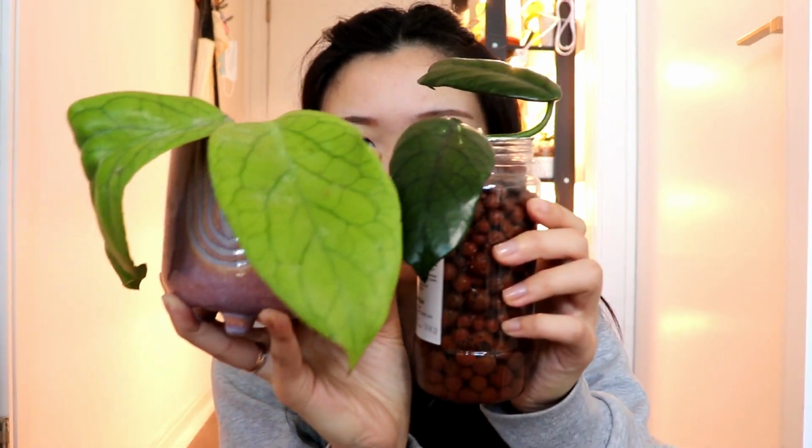I probably would like a slightly smaller Hoya, to be honest. I'm not super keen on massive leaves. This is literally half the size of my head, just because it takes up a bit of space. But I really like the veining and the coloring on this leaf. If it was a little bit smaller, like my globulosa, somewhere in the middle, I'd be really happy. But this one is definitely one of my favorites for the month of November, because it is a fairly